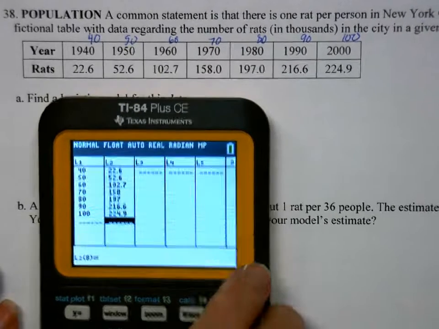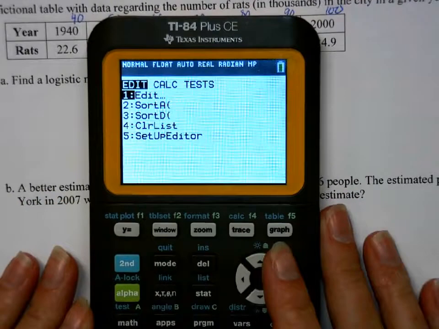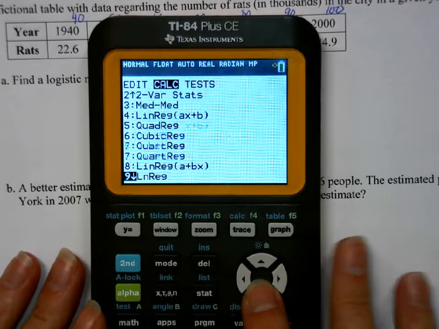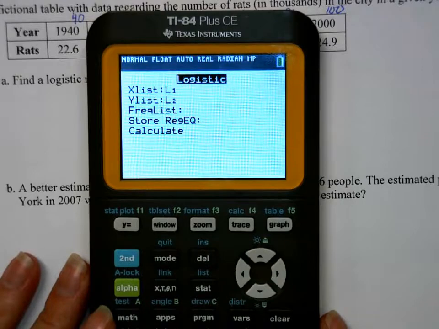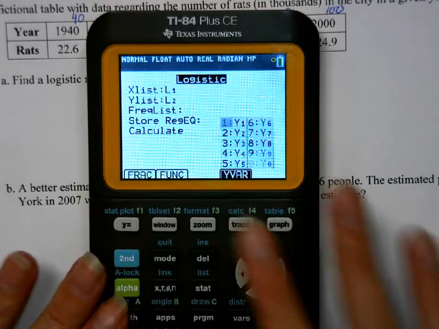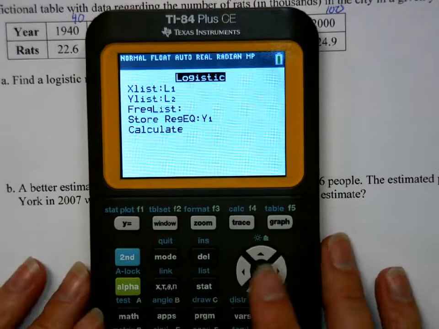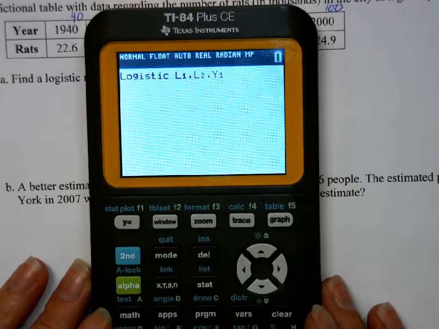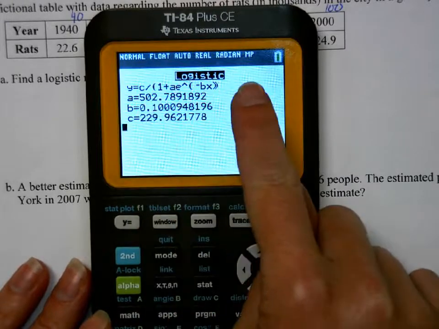Okay, so then we go to Stat, over to Calc, and we have all our different regressions that we can run. We want to run a logistic regression. List 1, list 2, I'm going to go ahead and store it in Y1 because we're going to use it in the second part. Then we'll calculate. Okay, it gives you the general equation, and then it gives you the values that we're going to plug in here. So my general equation,